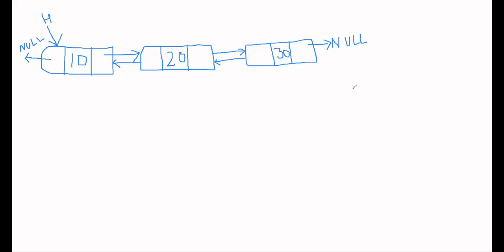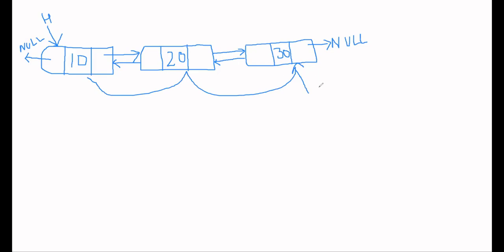What it means is, if I have been given the address of this node, I can traverse in the reverse direction also. So one of the previous problems has already been resolved. In the single linked list, if I have to print a linked list in its reverse form, either we were using recursion or we were actually reversing our single linked list.